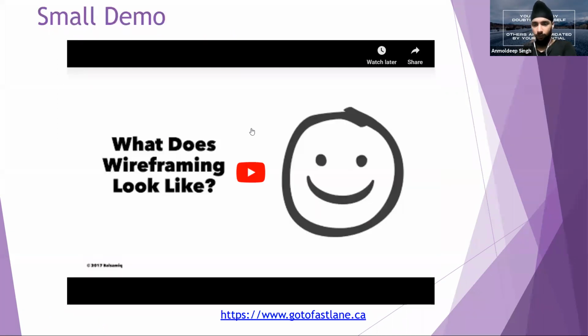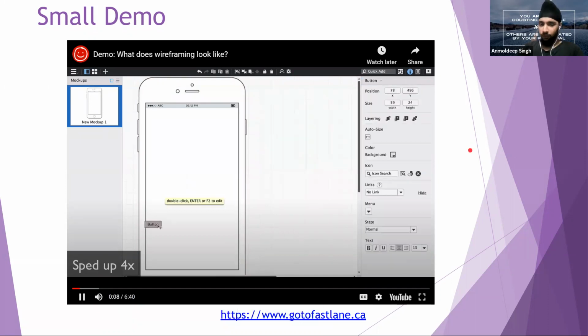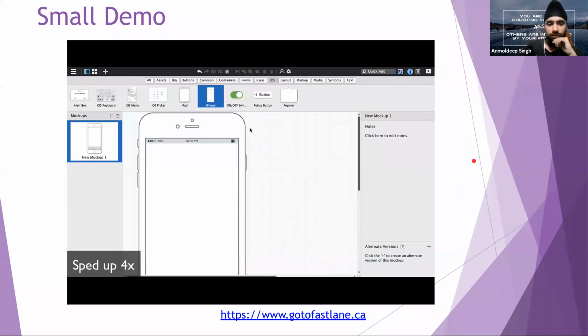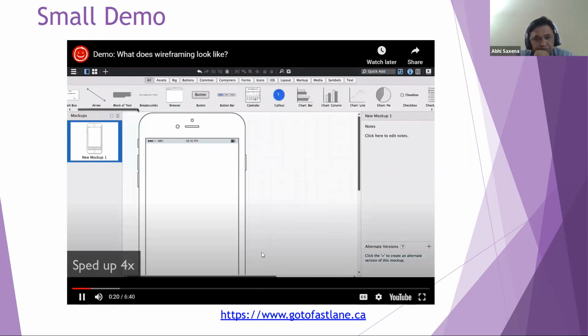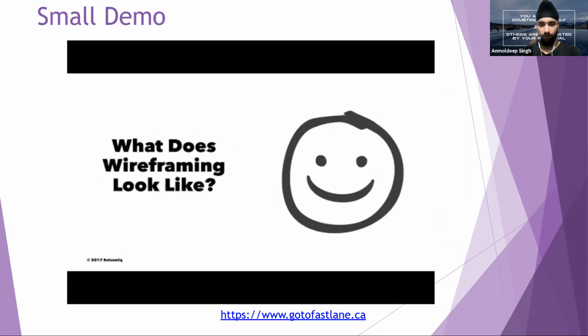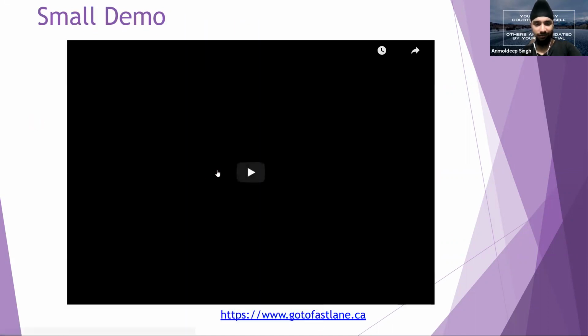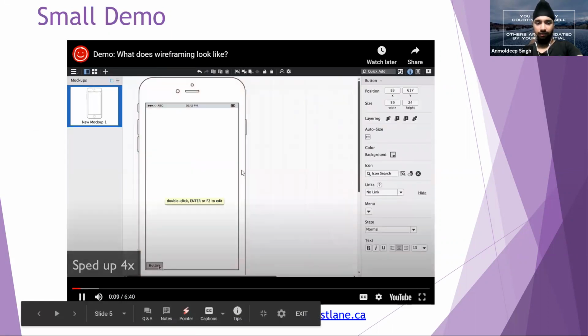So here is a little small demo on wireframes. This one belongs to blastmic.com. So let's have a look at this. I hope you all can hear it. Okay. So this is the Blastmic complete software. There are already almost all the components that we will ever need. I'm sorry, I think I should reduce the system volume.